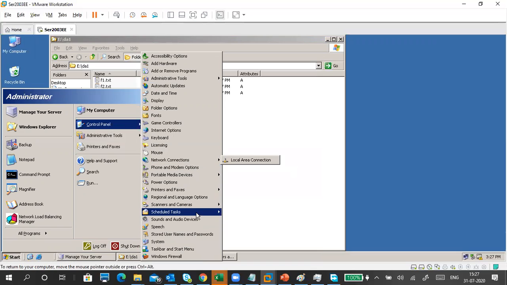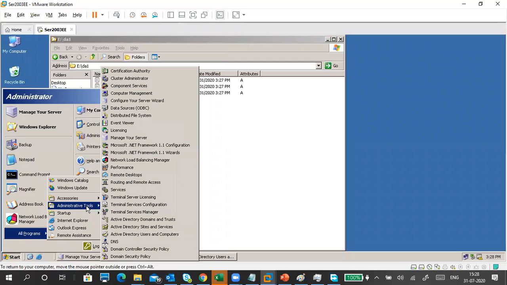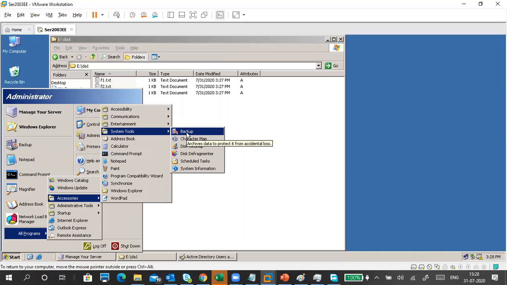Scheduled tasks. Where is my backup? That is a very good thing in your server. All programs, accessories, system tools, backup. Okay, 2003, no? So like that.